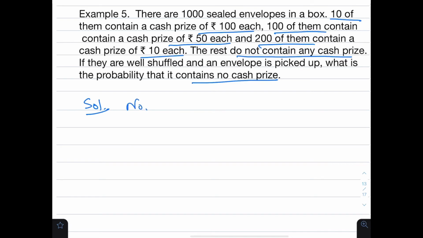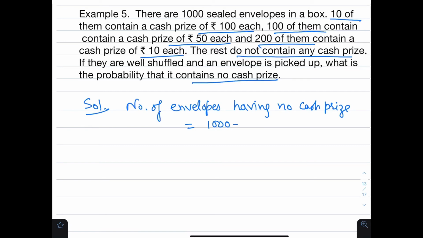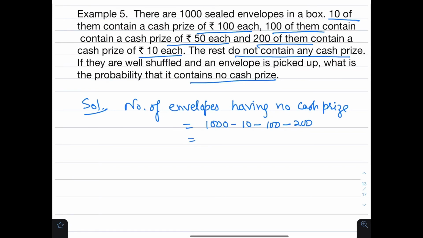Number of envelopes having no cash prize, how many will it be? Total number of envelopes is 1000. Out of them, 10 have a cash prize of 100 rupees, 100 have a cash prize of 50 rupees, and 200 have a cash prize of 10 rupees. So how many envelopes are left? 690. So 690 envelopes have no cash prize, and we know that